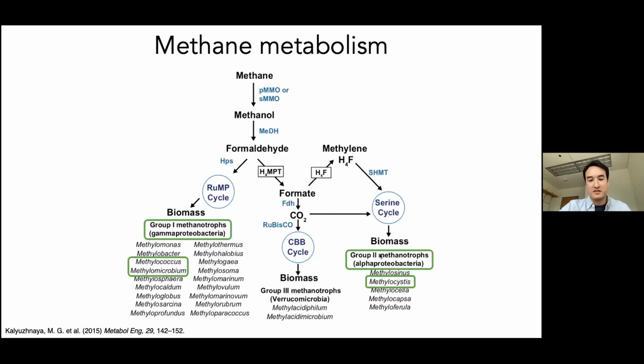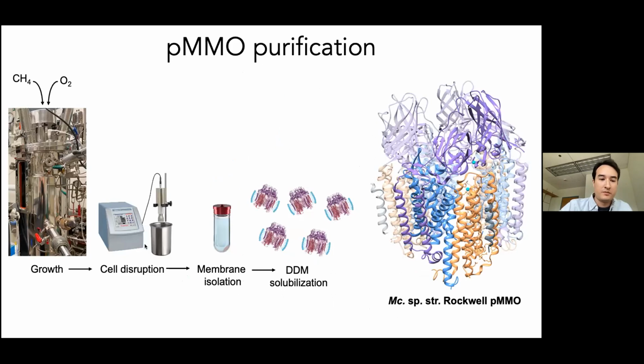So these are some of the species I'm going to be focusing on in the talk, mostly this Methylococcus species up here. And so getting to the purification scheme for pMMO, essentially what we do is we grow methanotrophs in a fermenter where we continuously feed methane and oxygen, harvest the cells, lyse by sonication, and then isolate the membranes using different forces of centrifugation, and then isolate the pMMO from those